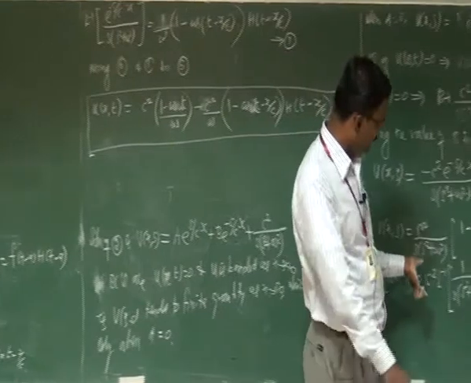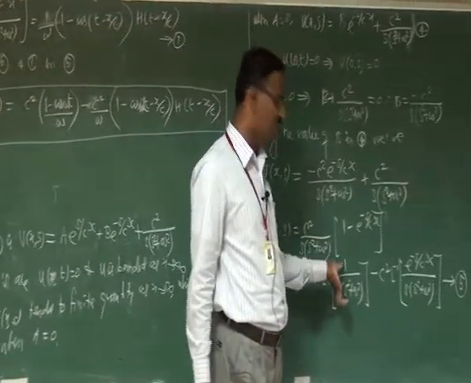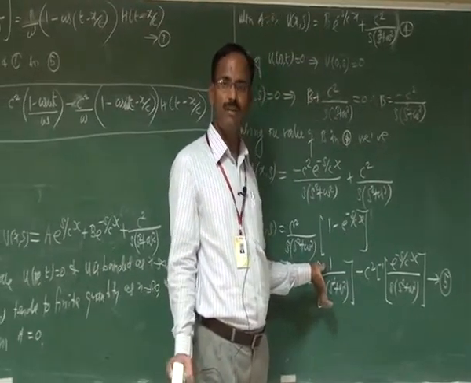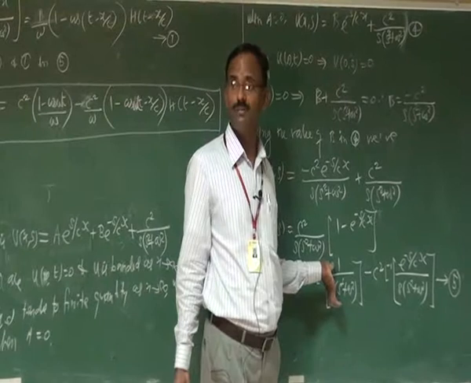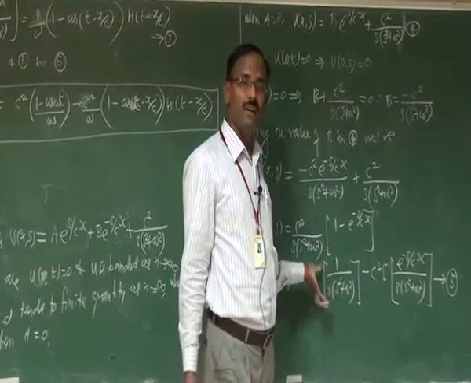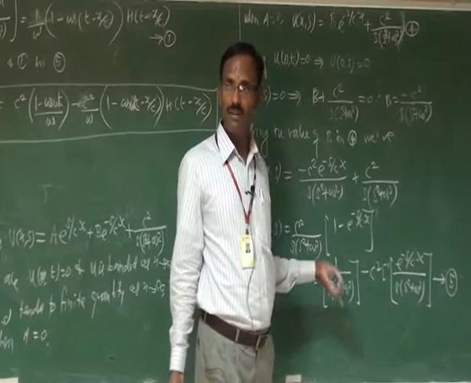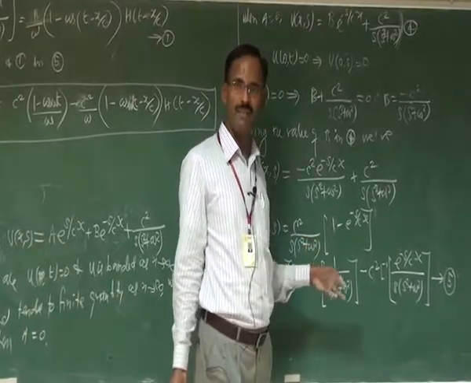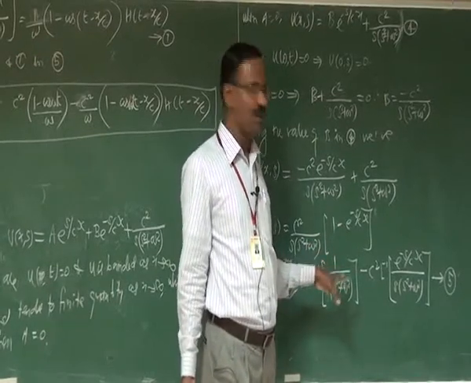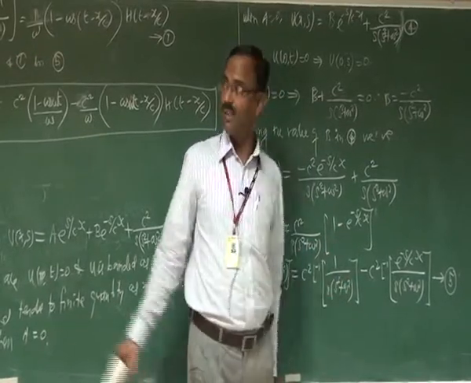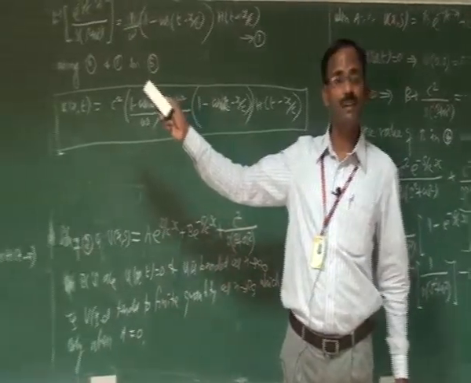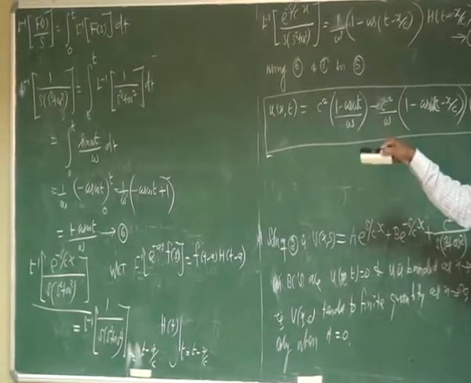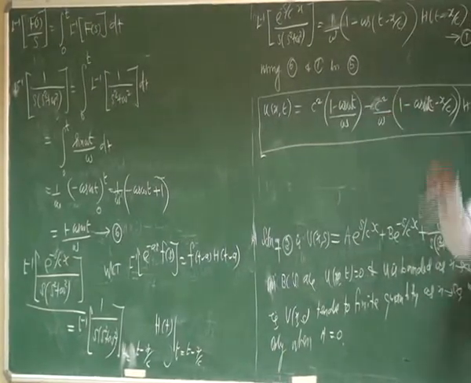At the time of finding the inverse Laplace transform of these functions, we have a chance to use six different types of properties. The properties are: L inverse of f dash of s, L inverse of s into f of s, L inverse of f of s by s, and the method of partial fractions. Even then, using only the property L inverse of f of s by s gives a better solution and the required result in the minimum number of steps.